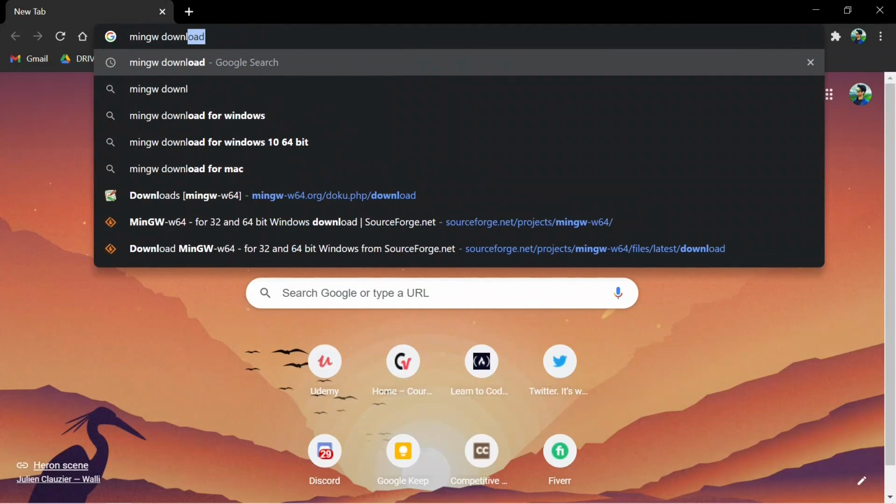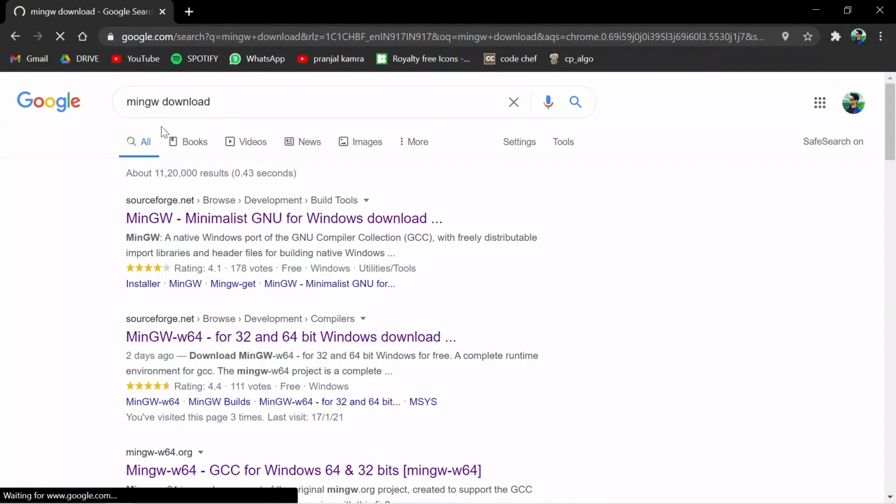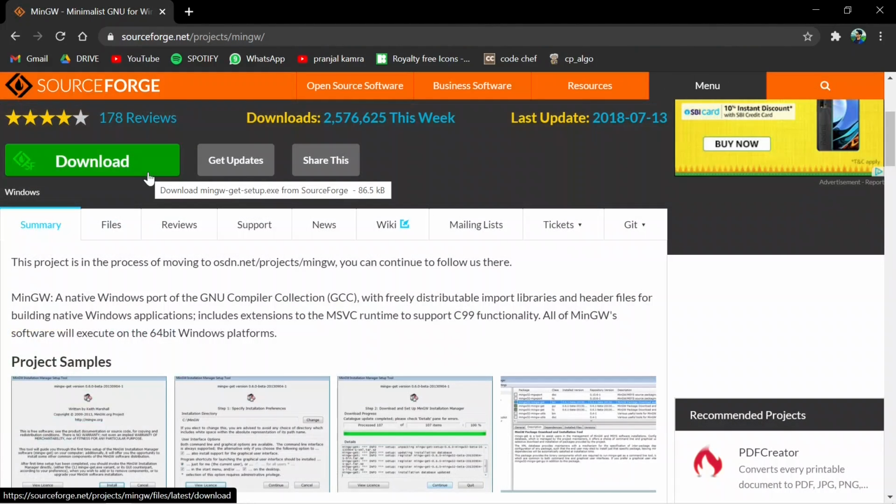Now I want you to click on the first link here, MinGW Minimalistic GNU for Windows download. Just click here, make sure it is from sourceforge.net. So let's click it and just click here download.